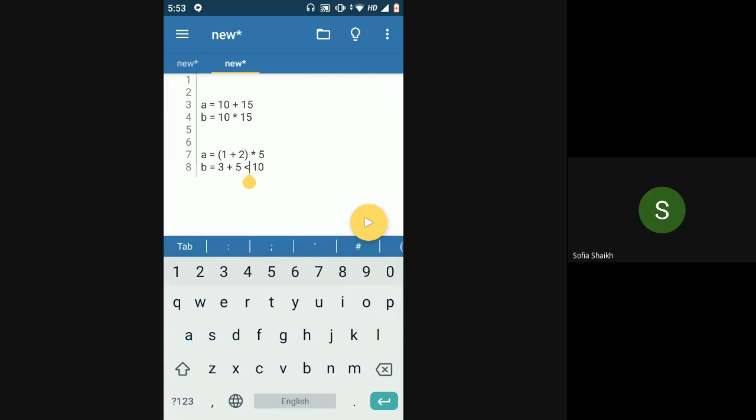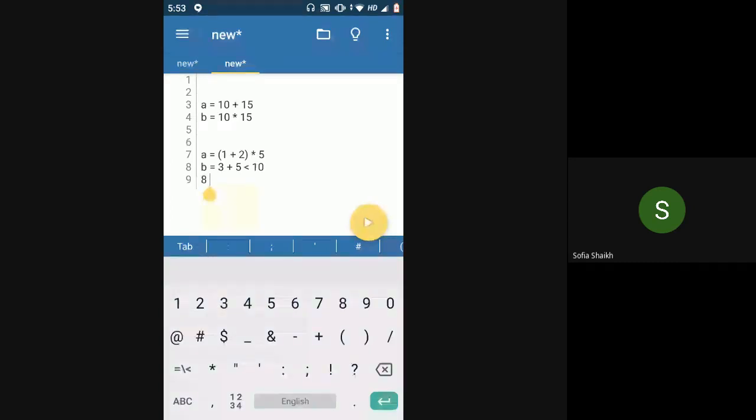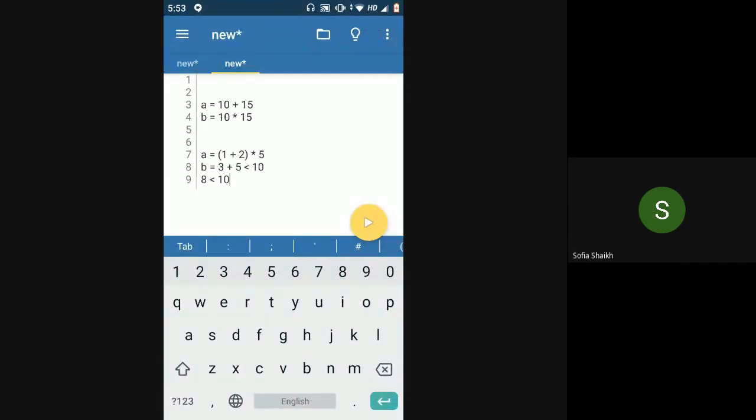Yes, true. So in this case, 3 plus 5 will get evaluated first, and this will become 8. Then 8 is less than 10, and the answer will be true in this case.